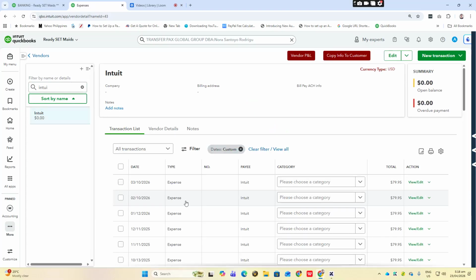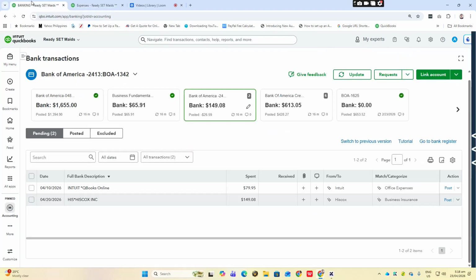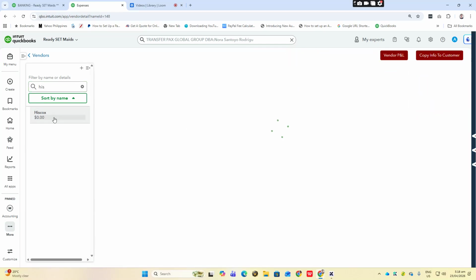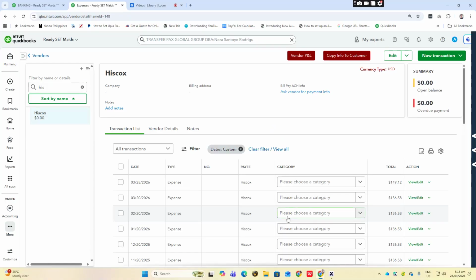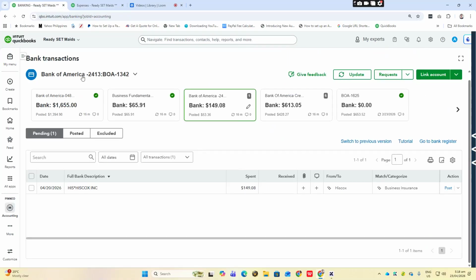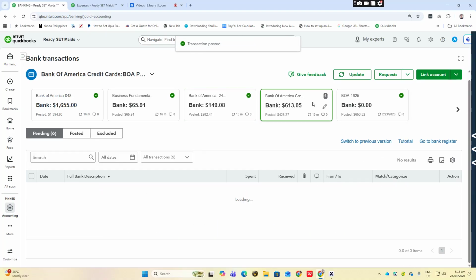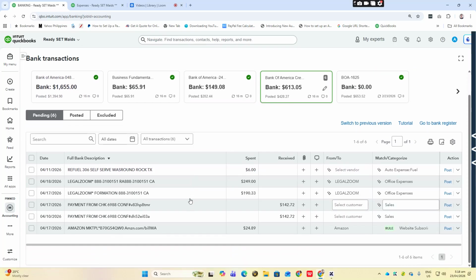We have here office expenses. Yes. Post. And then Hiscox. So we have here business insurance. Post.